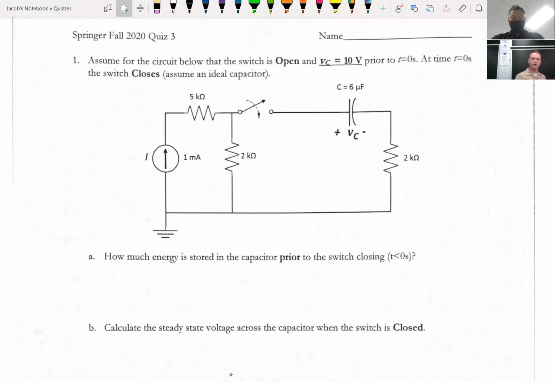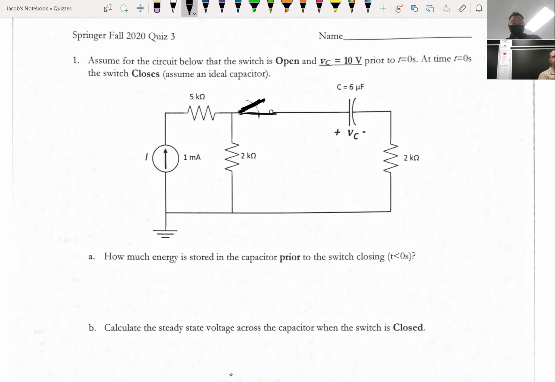Okay, there we go. All right, here is the solution for quiz 1. Whenever I'm doing these capacitors and inductors, the first thing that you want to make sure that you understand is that there's a switch. If I see a switch in exam 1, almost always it is a capacitor and inductor. And remember, the switch is saying that there's a steady state when it's open and a steady state when the